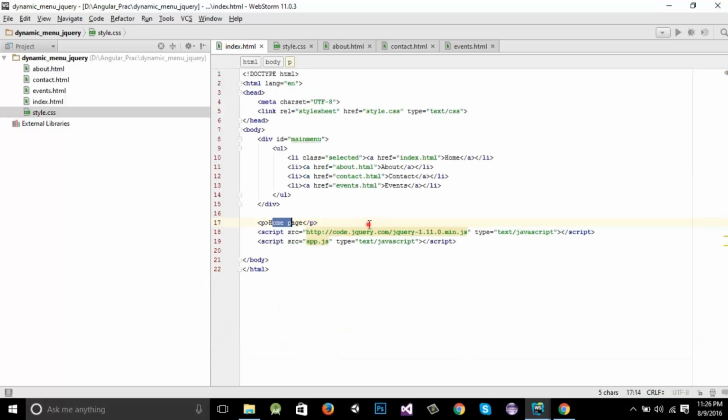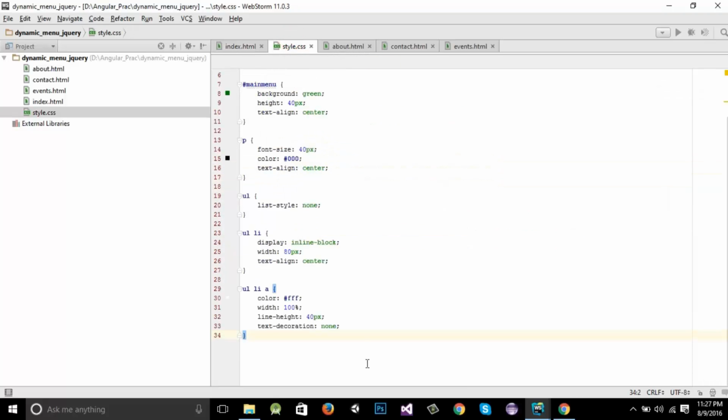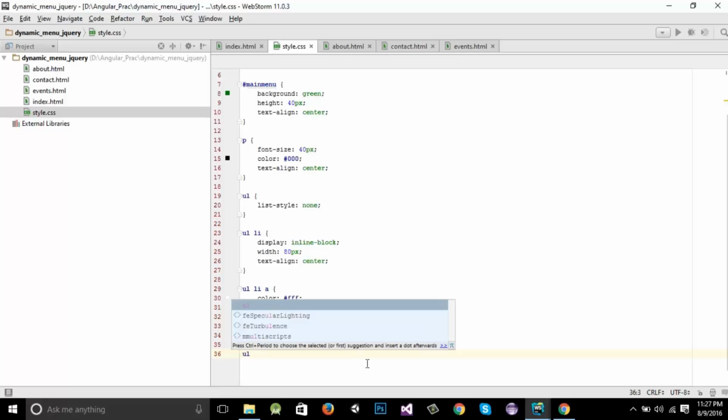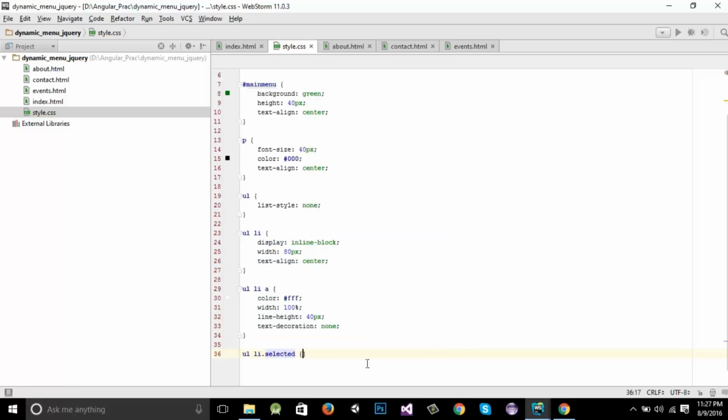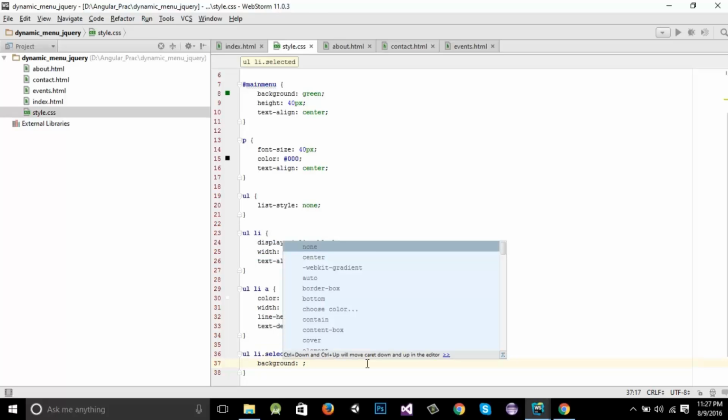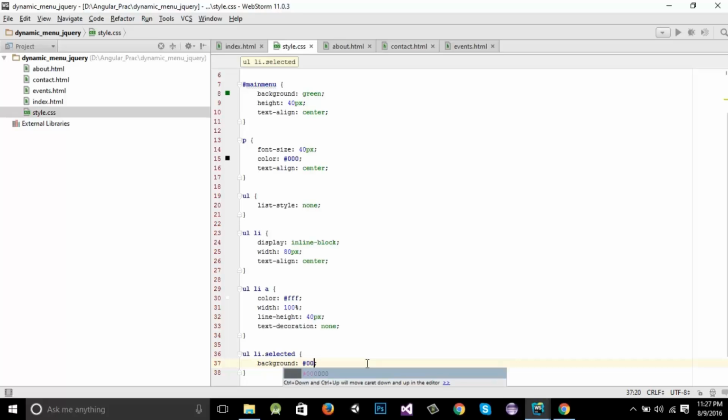now let's add style to our list item, and we need to assign this class. Okay, so let's say inside the UL element we have the li tag, and the li tag will be having the selected class. What it will do, it will be having a background color of white, so it should be white. So 0 0, no, it should be triple F. Alright,